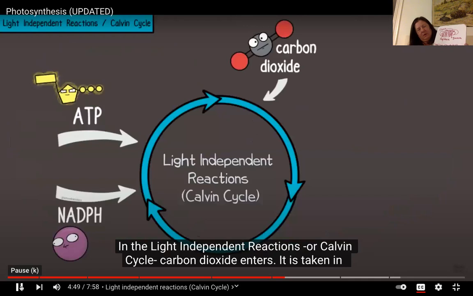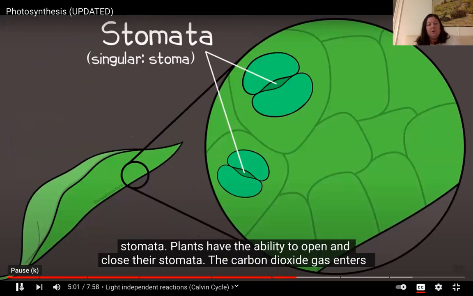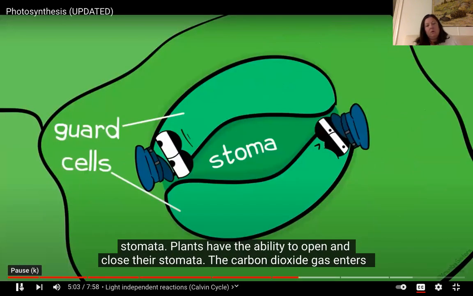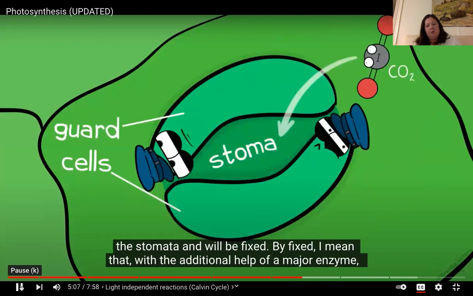In the light-independent reactions, or Calvin cycle, carbon dioxide enters. It is taken in through pores that are often, but not always, on the bottom of leaves, and those pores are called stomata. Plants have the ability to open and close their stomata. The carbon dioxide gas enters the stomata and will be fixed by